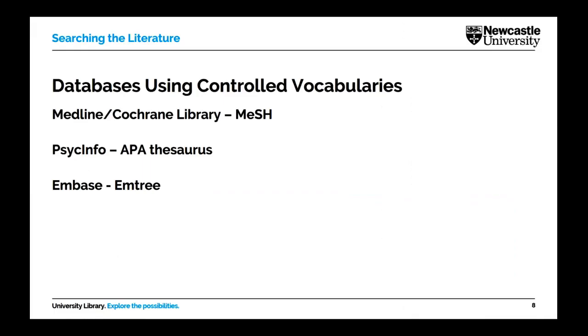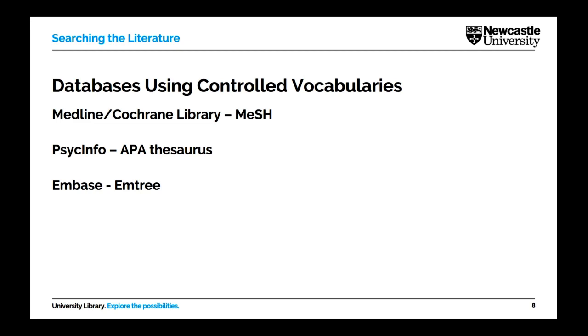For this reason, using a database that employs a controlled vocabulary is really useful for more complex searches, especially for literature reviews, especially for systematic reviews. We would always recommend that you start with the controlled vocabularies when putting together your search protocol, because it really does help you think about your search string and your search protocol as you're developing it.